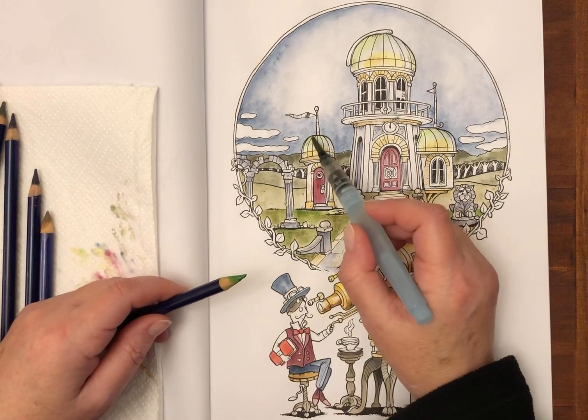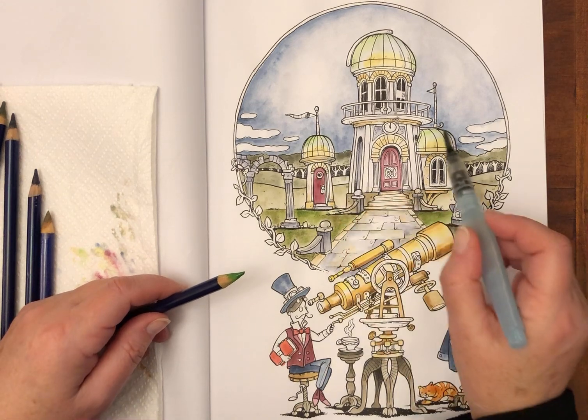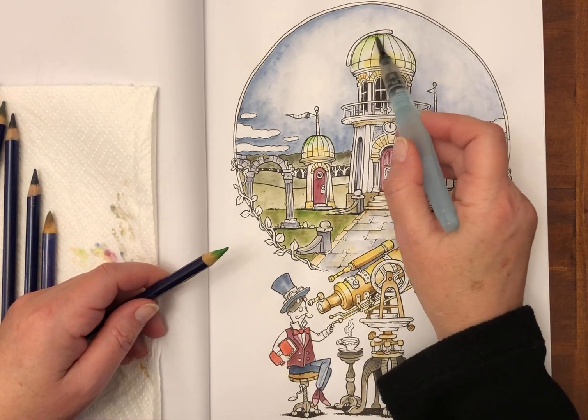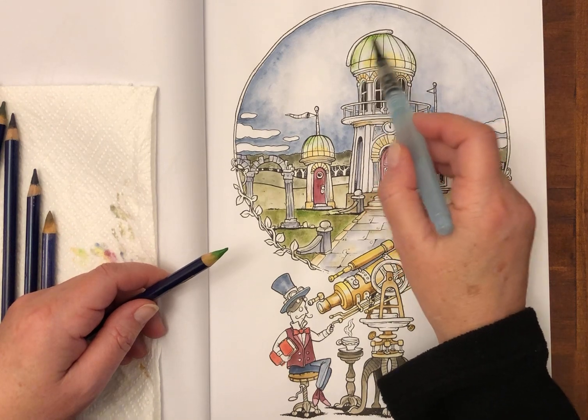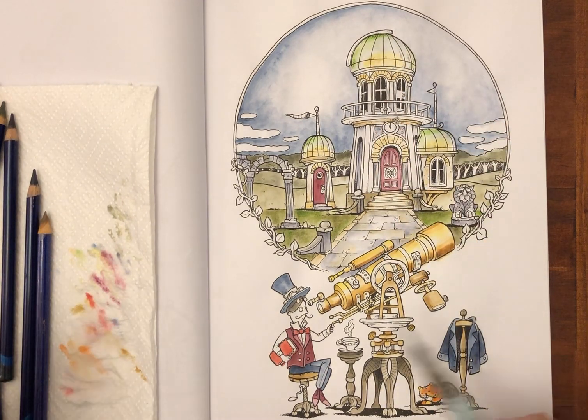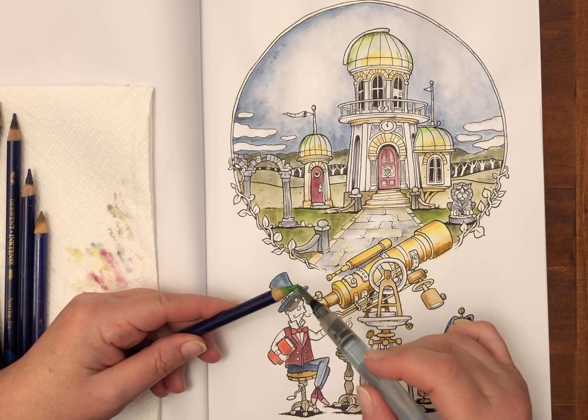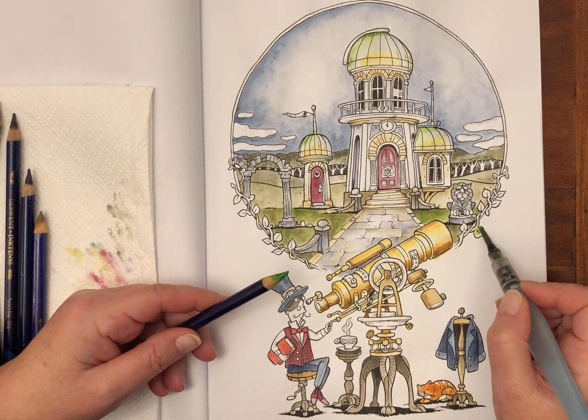And I like how that's looking on the glass, so we'll just add a little extra bit in the bits that may be shadowed. And I think I might also use that shade of green for these